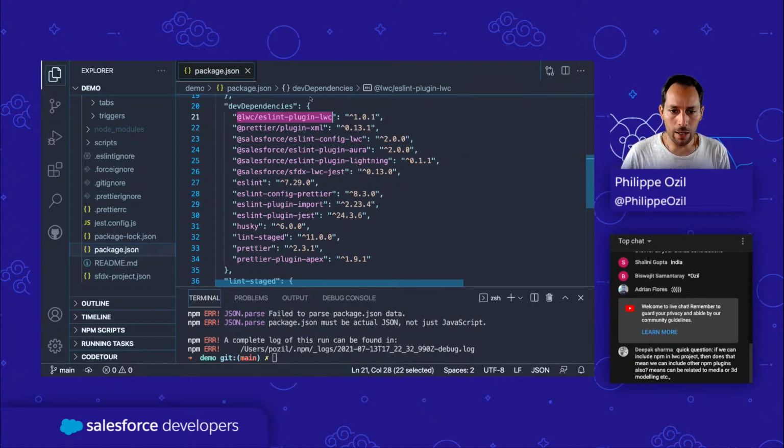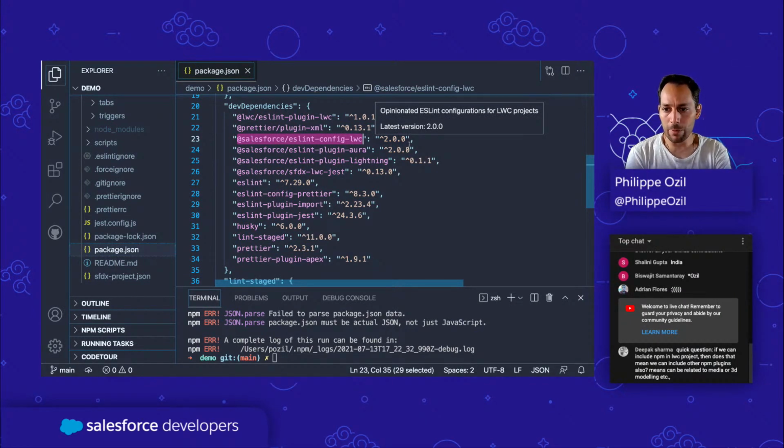Then further down, we have the Eslint config LWC. Now, just like for Prettier, there are some different rules that you can enable or disable depending on your choices. Whether you want to have stricter control or whether you want to ignore some rules is up to you. You can, of course, disable the rules one by one or explore them one by one, or you can benefit